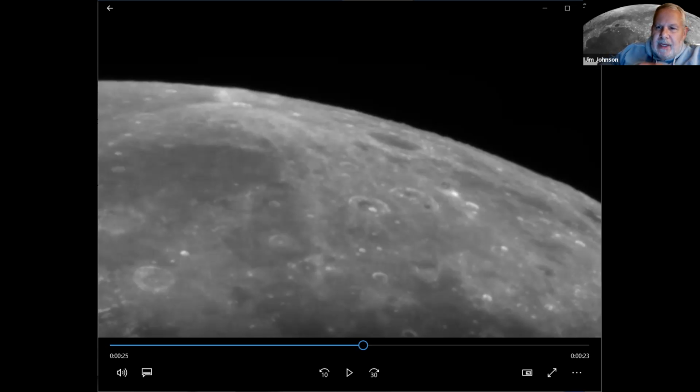The case for stacking is just to collect data and pull out fine detail. In the case of lunar imaging, the case is for capturing a lot of frames, and you capture video frames and stack them. Like I said, I captured 3,000 frames in about 45 seconds. So it's really quick exposures, but lots of them. And the idea is to do what's called lucky imaging and pull out the best frames that were captured during that run, and you'll see how I do that.